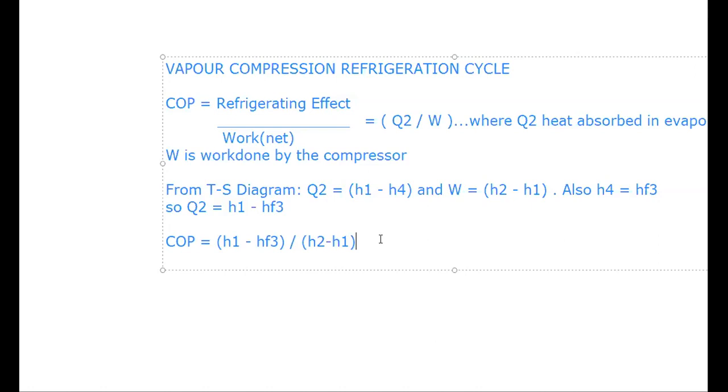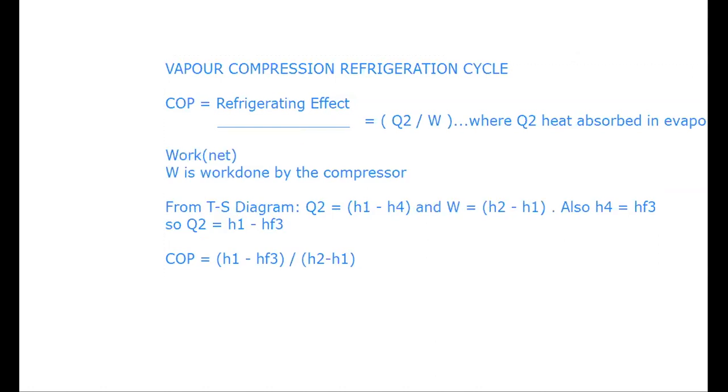For example, go back to this enthalpy diagram. Most of the time the condition of vapor after compression will be superheated, correct? So point number 2 is in a superheated condition, but